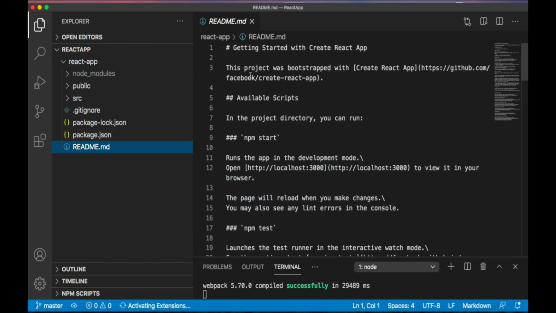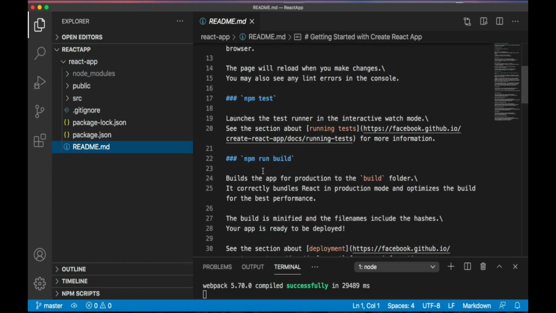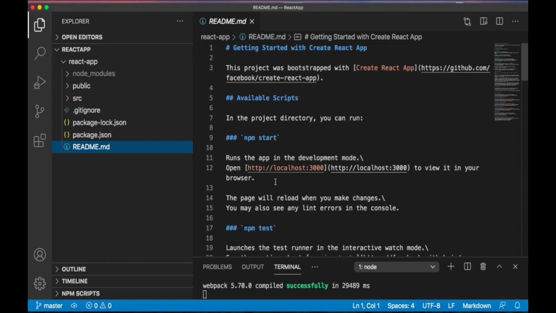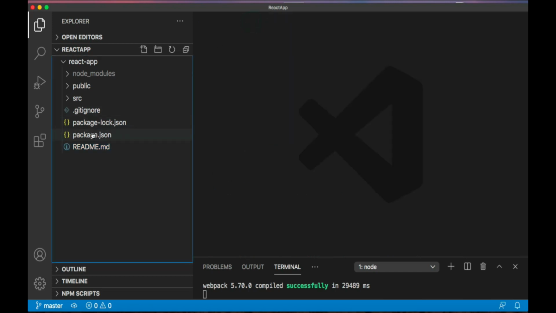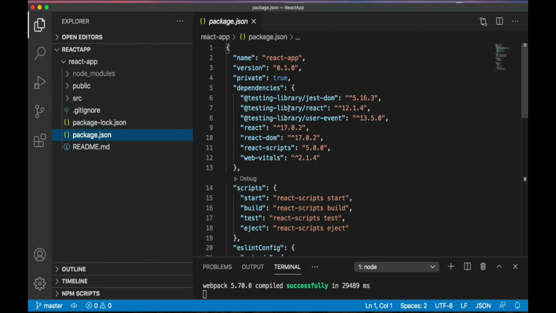README is something we all know. It is a file that is important when you push your code to GitHub. Whatever information you want anyone referring to your repo to see is mentioned here. We are not dealing with GitHub as of now, so we are not going to edit this file. Package.json is important because in this file, all the dependencies which my React project is using are mentioned